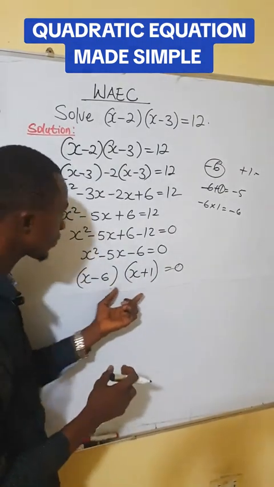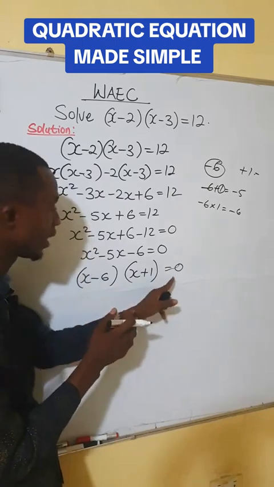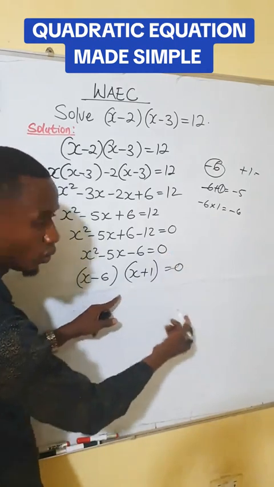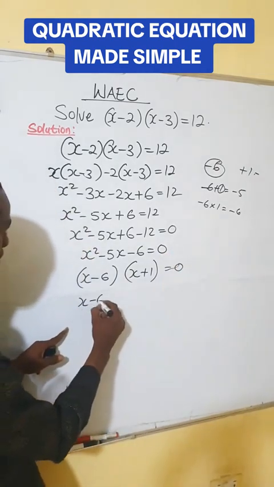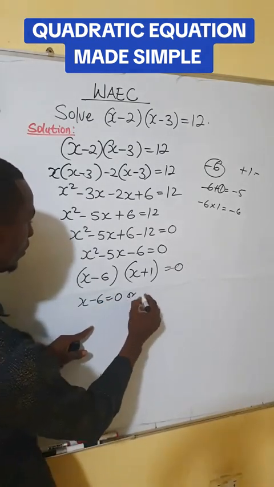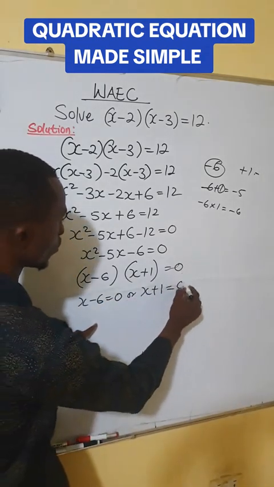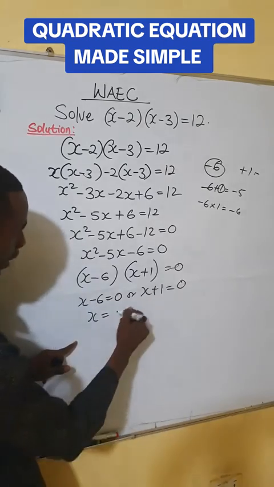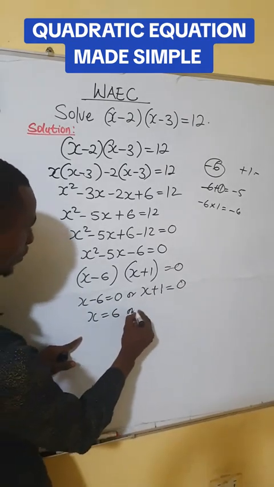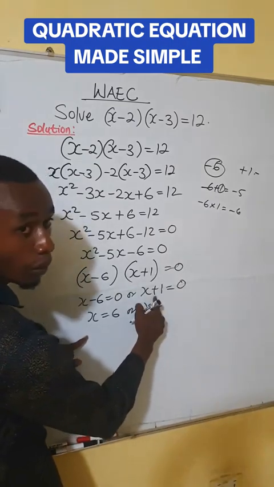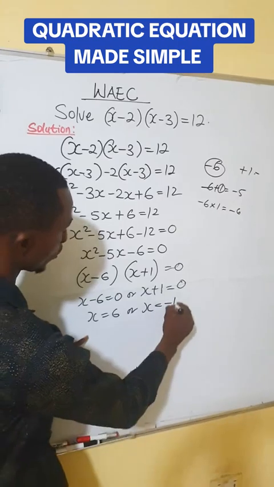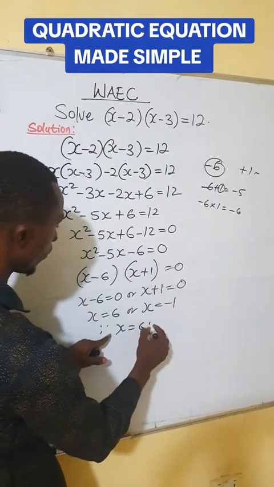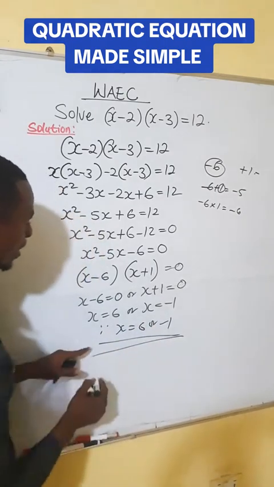So whenever you have two brackets multiplied by each other and equated to 0, either one of them is equals to 0 or the other is equals to 0. So we have that our x minus 6 is equals to 0, or x plus 1 is also equals to 0. So our x is equals to, simplifying, minus 6, you take it to the right, it becomes plus 6. Or x is equals to, this is plus 1, when you take it over, it becomes minus 1. So the values of x are 6 or minus 1. So this answers this particular